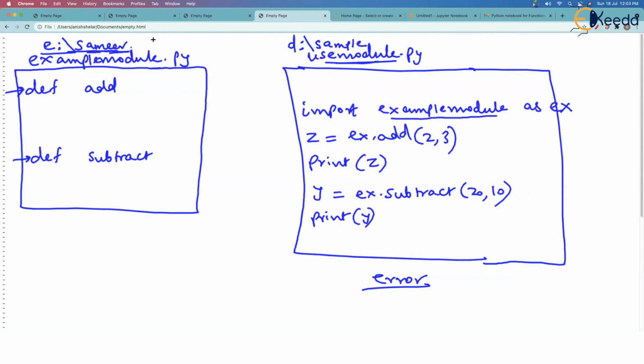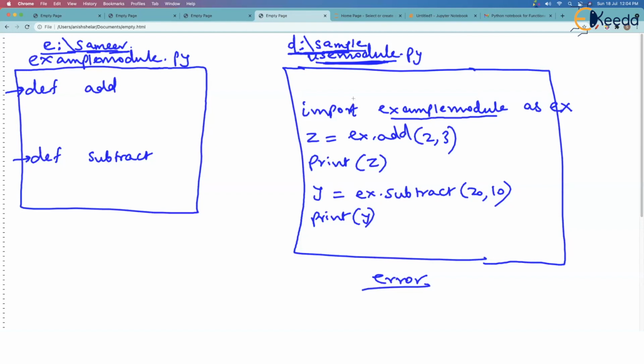Example module is located in E drive Samir folder, and the file which is trying to get this is located in some other drive and other folder. So obviously this is going to flag an error saying example module not found straight away. And rightly so, that module is not found in the folder in which you are right now working.